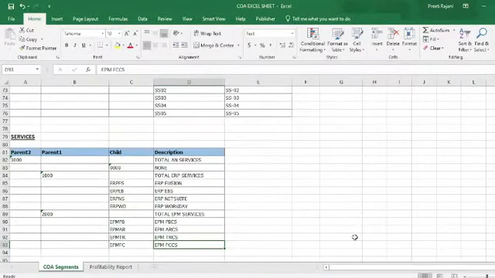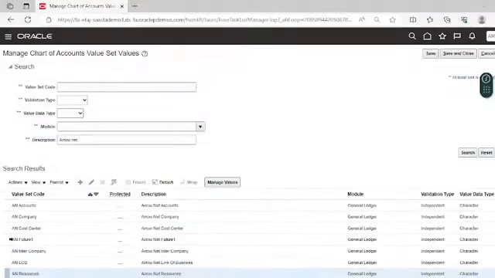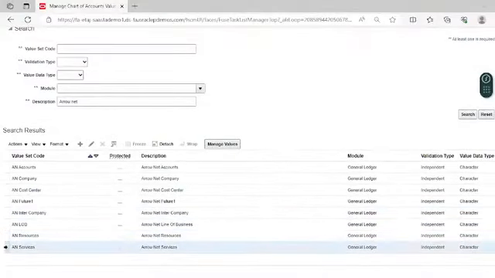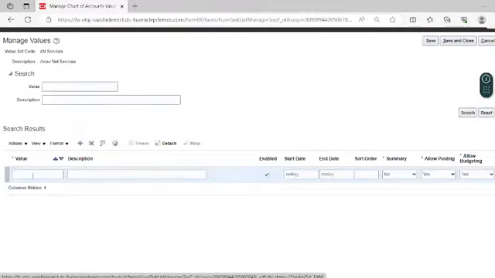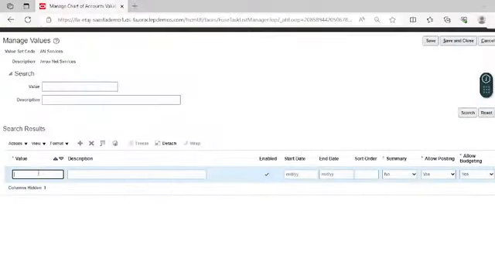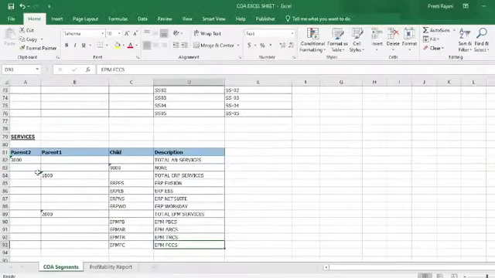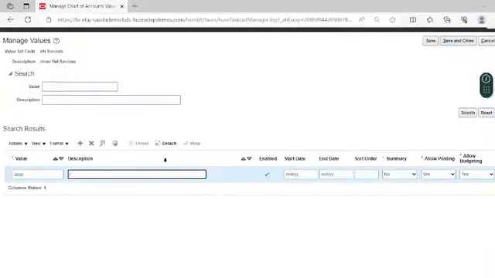Let's add the values for these services. Select the AN services, click on manage values and click on the add icon. So this is our parent value.